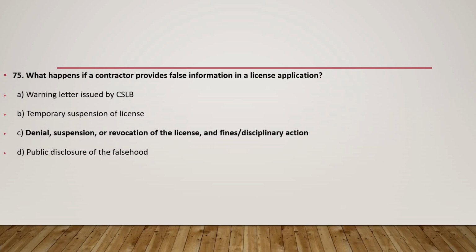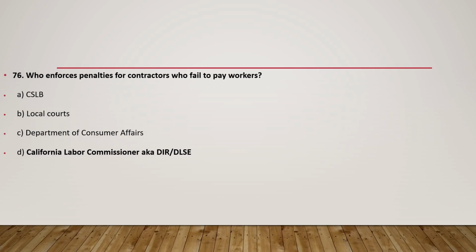75. What happens if a contractor provides false information in a license application? C. Denial, suspension, or revocation of the license, and fines, disciplinary action. 76. Who enforces penalties for contractors who fail to pay workers? D. California Labor Commissioner aka